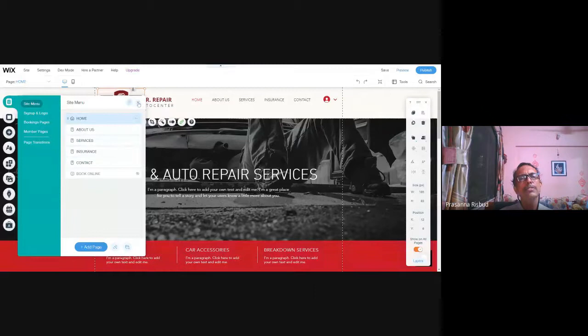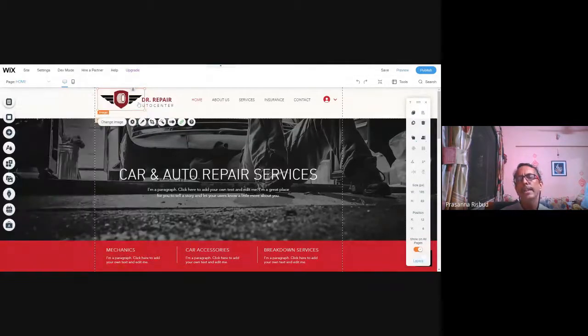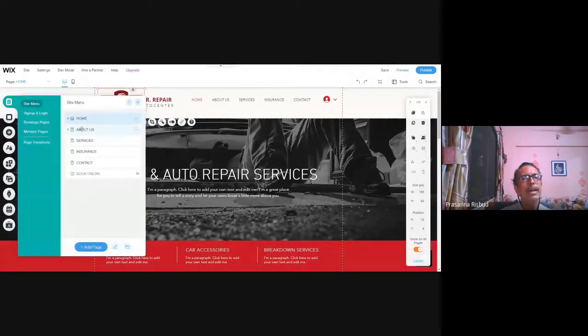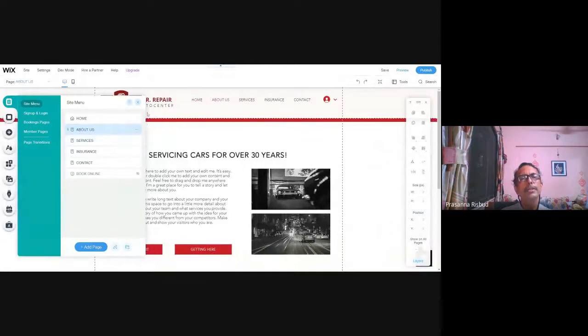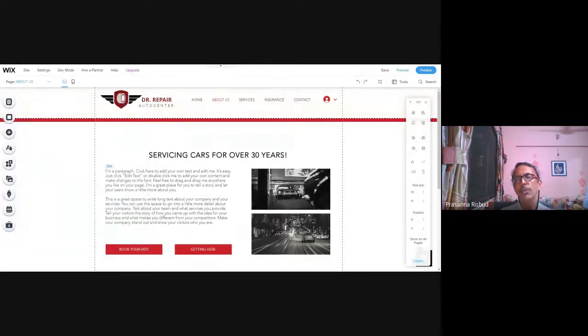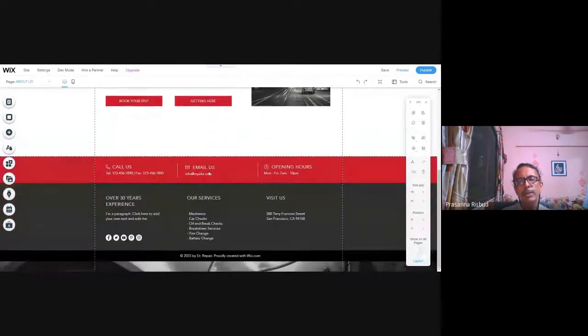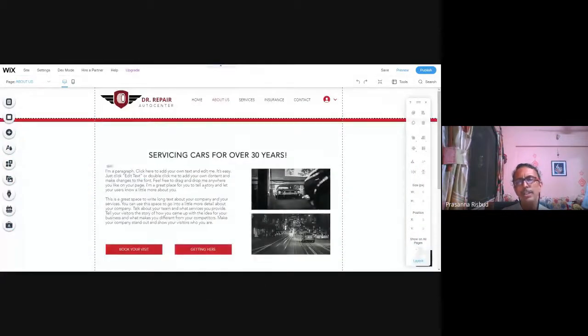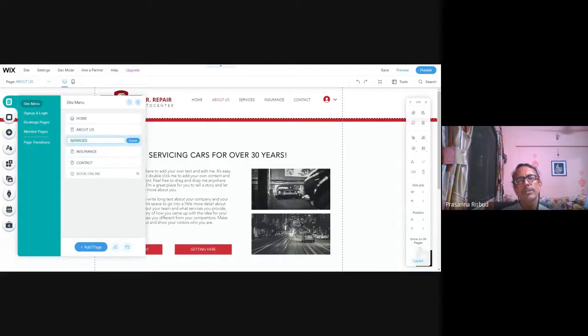This is as simple as designing your creative. You just have to go to each and every individual page. After you edit your home page, click on menus and pages and go to about us. It will go to the about page. Now change all the content in the about page, whatever you want. Change the text, change the images. Then again, click on menus and pages. Go to the services page.